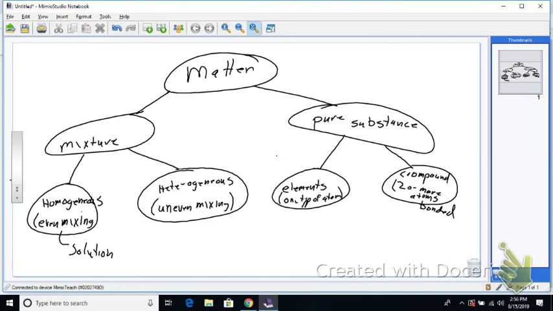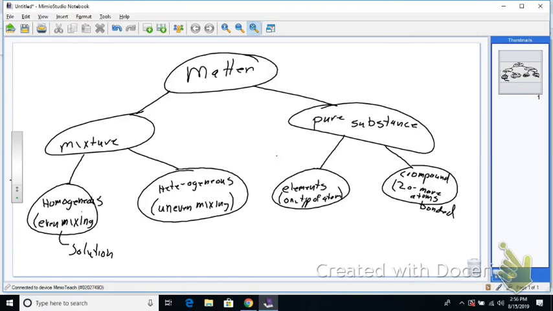When I say one type of atom, I'm saying that all atoms of carbon have 6 protons. Every atom of carbon has 6 protons. Sometimes the neutrons differ, but even if they vary by a neutron or two, they're really similar when it comes to their physical and chemical characteristics, their reactivity. So I'm okay with saying one type of atom there.